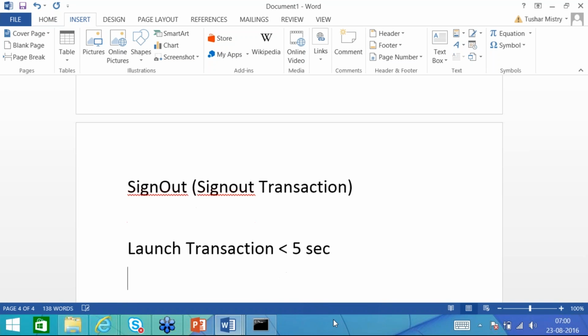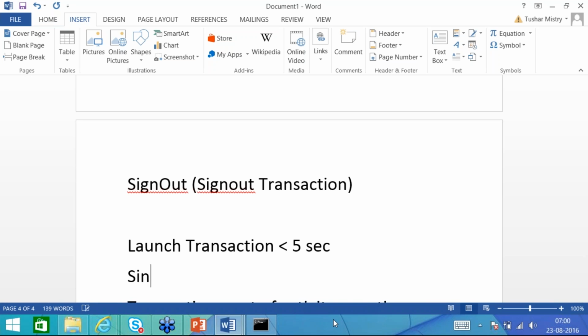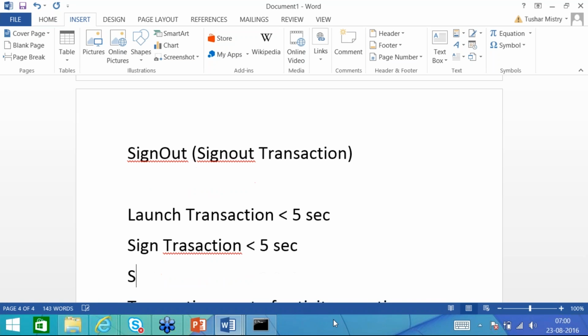So for every transaction you have some value, say less than 5 seconds, and the sign out transaction is less than 5 seconds.